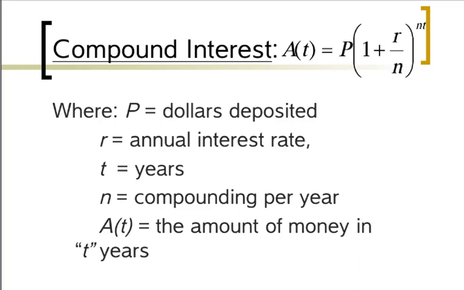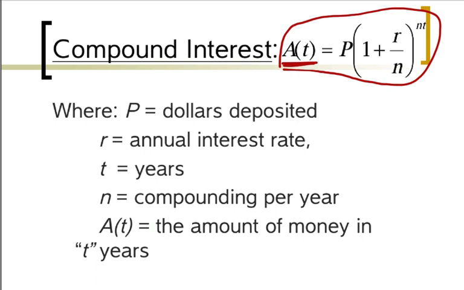In this lesson class, we're going to take a look at compound interest. Compound interest, there's two formulas. This is the regular compounded interest, and then we'll have another continuously compounded interest formula we'll see in another slide here. As you're looking at this, the A of t stands for amount after a time of